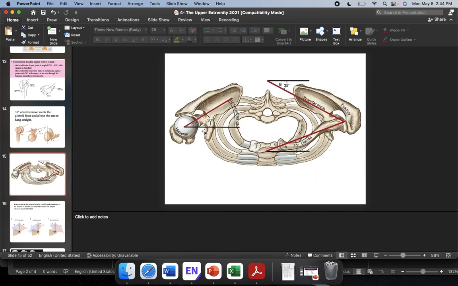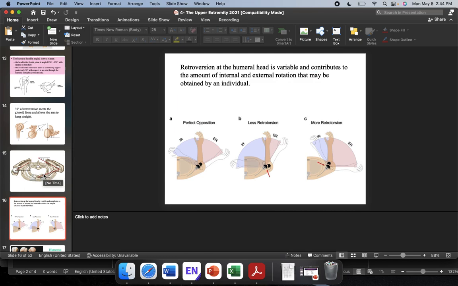Here's another view on this retroversion. So here is the plane through the medial and lateral epicondyle of the humerus. You'll notice that the humeral head is retroverted about 30 degrees, and that 30 degrees is going to meet this scapular plane fairly well. Now, I mentioned just a second ago that there's actually a fair amount of variability in the amount of anteversion and retroversion that is found in the humeral head. Something interesting that I found was as the retroversion of the humeral head changes, it actually equates to differences in